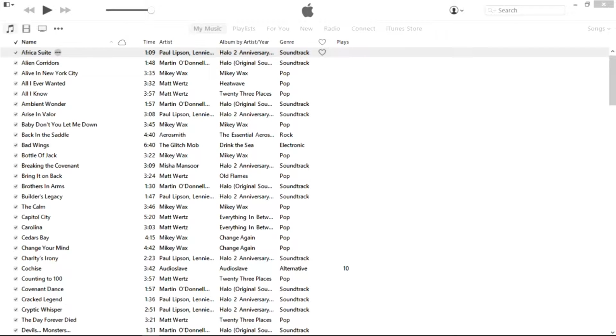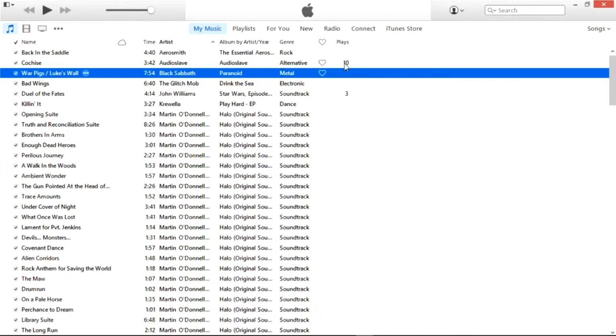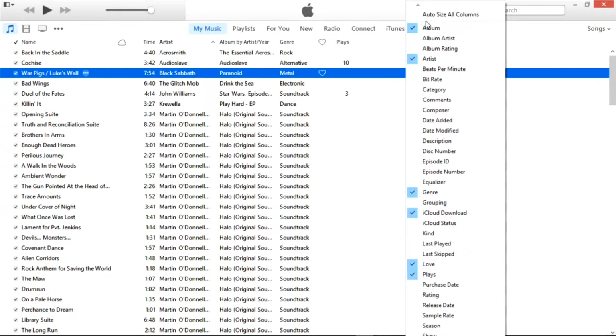This is where we introduce the term metadata. Metadata is supplemental data that accompanies the required identifying information of an item. In our iTunes example, this would be the extra information attached to each song, such as artist, album, composer, genre, length, or release date. A user only needs to know a piece of information in order to locate the item